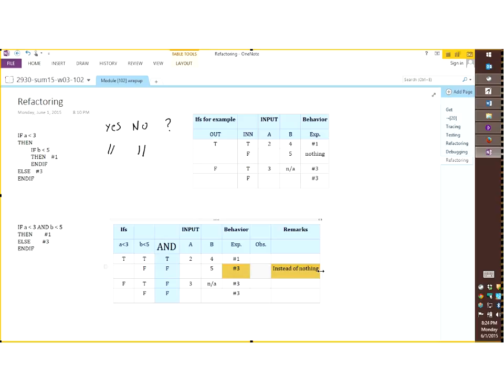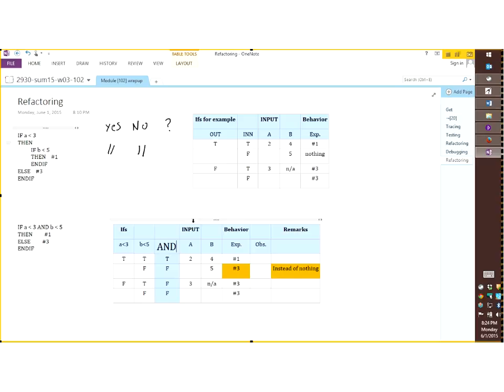And then here comes a little subtle difference that makes us make a mistake in that piece of code. If A lesser than 3 is true, B lesser than 5 is false. So the AND of true and false is false. So I go in the else statement. My condition is false, I go to the else statement. I execute number 3. Oops, that was bad.